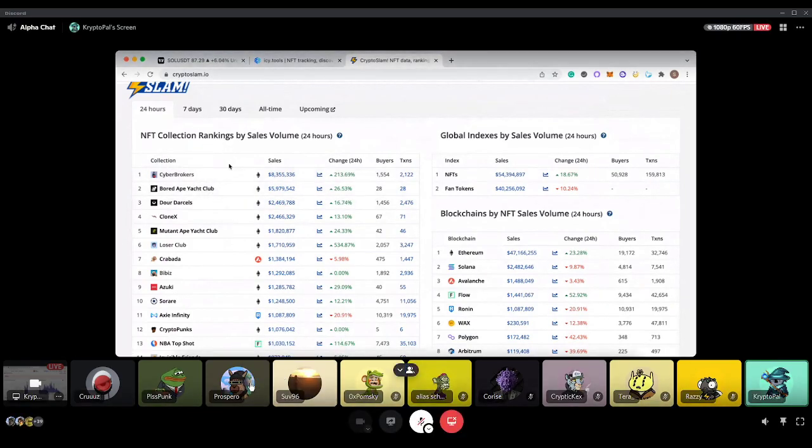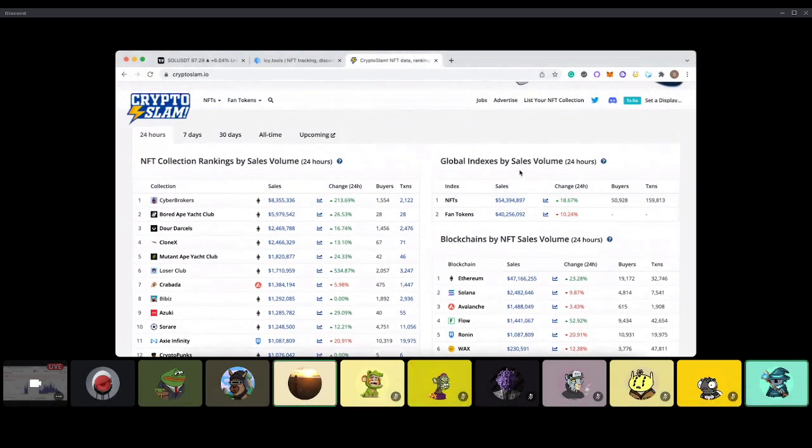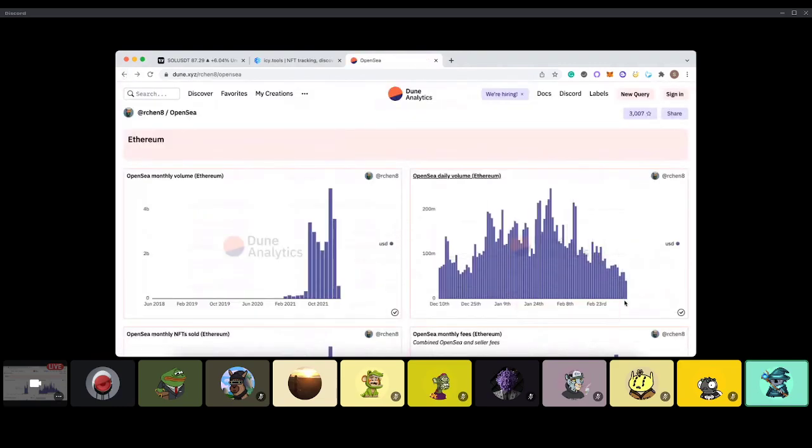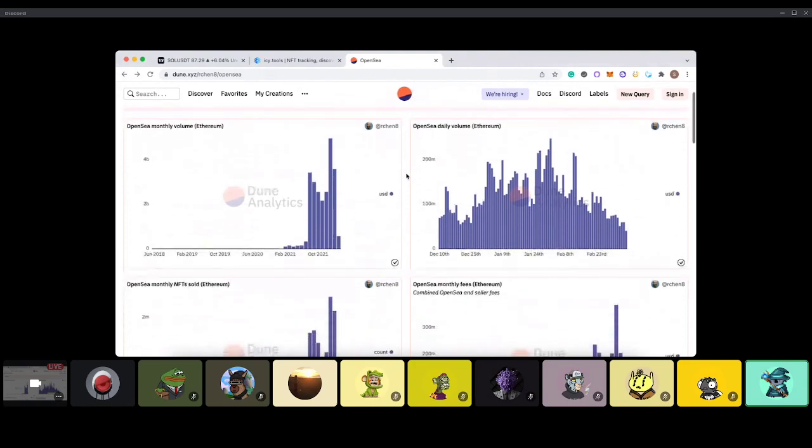With Crypto Slam you can go into each project and see, but I don't like it, it's not user friendly, it will take you some time to find the information you need. For me, I just need to see the overall volume. Now, other things you can get from Dune: